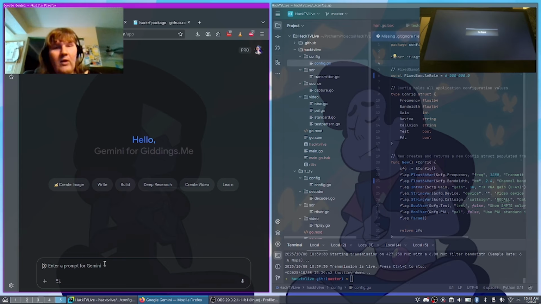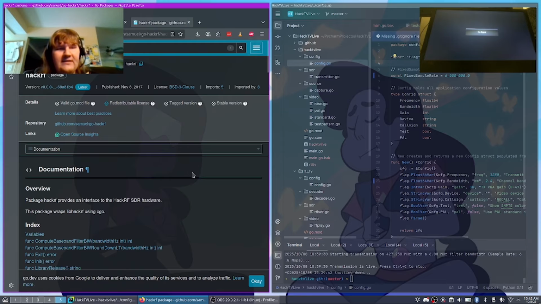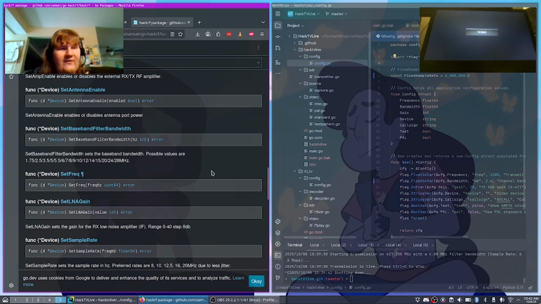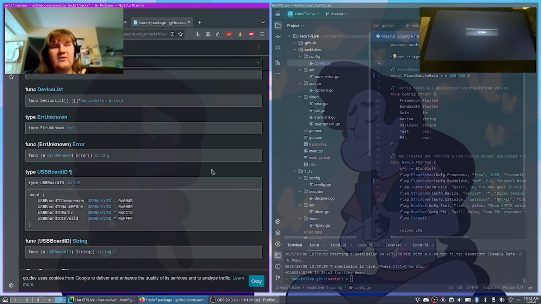Now, before we go on to the next step, we need to actually figure out how to communicate with the HackRF. So I have here the HackRF library that I use by Samuel, and this is over here on GitHub under the BSD license. If you look at the HackRF API documentation here, there is a Go Docs page, and this shows you everything you need to know, all the functions within the library that will allow you to communicate with your HackRF. So we're actually going to teach our AI how to build this application using this information,